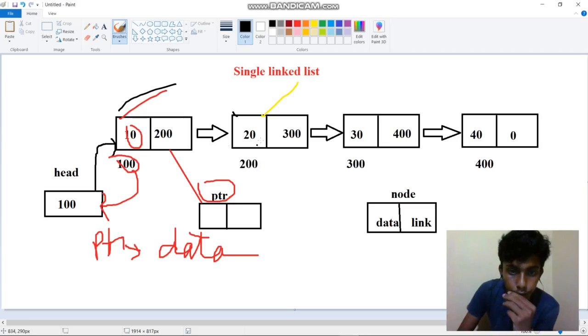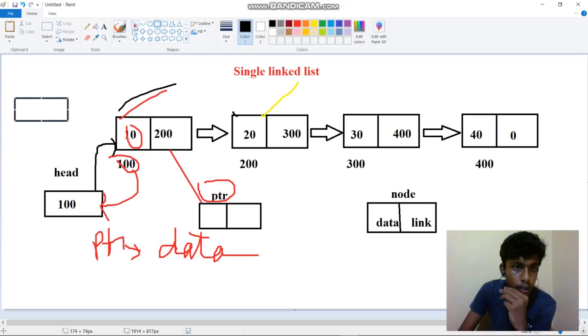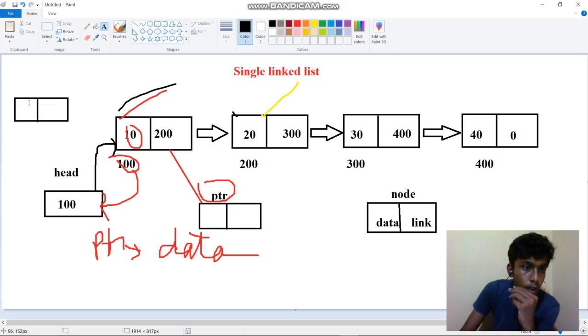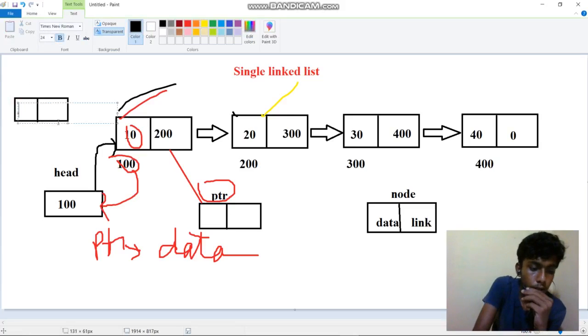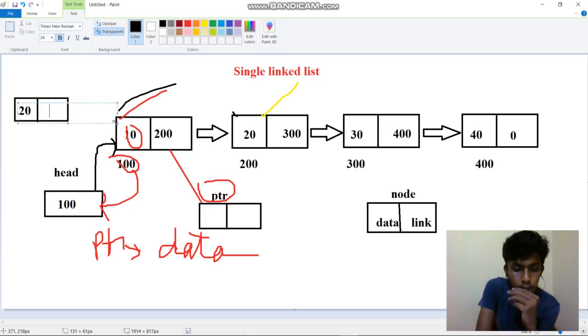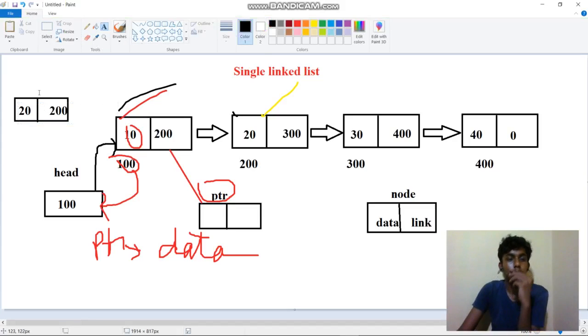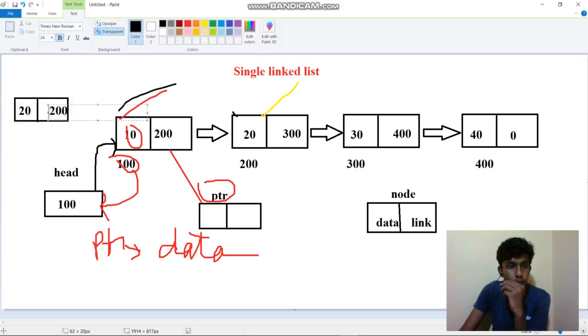I'll create another node so it will be easy. Initially it has 20, and the link part is initially 200.